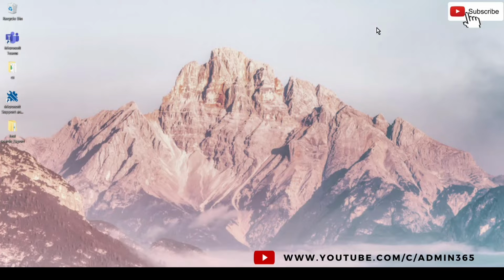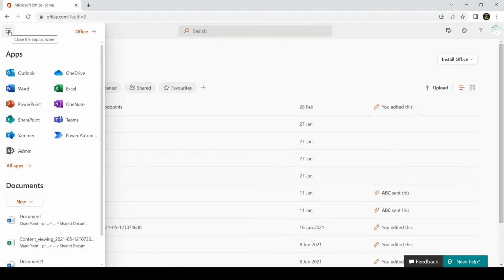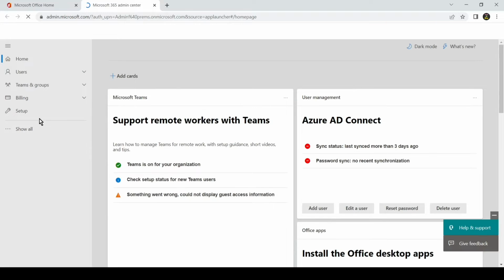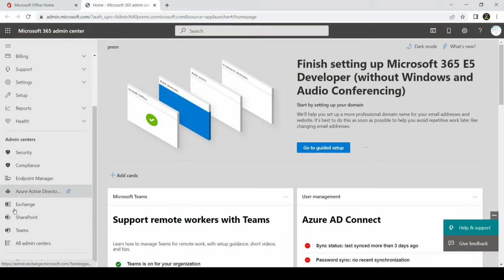Let's get started. So we'll first go to office.com and sign in with the admin account, and it can be an Exchange admin or a global admin, and then we have to click on the 9 dots on the top left and then click on admin. It will open the Office Admin Center where it had the IMAP migration earlier under setup, but now it has been removed. So we'll go to the Exchange Admin Center,